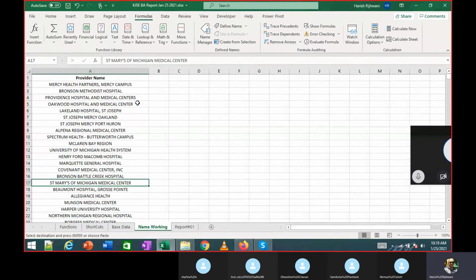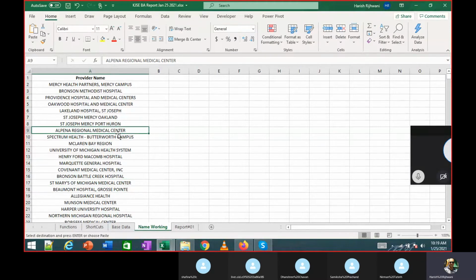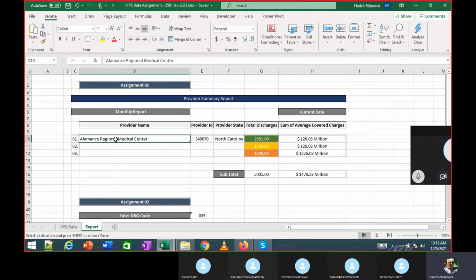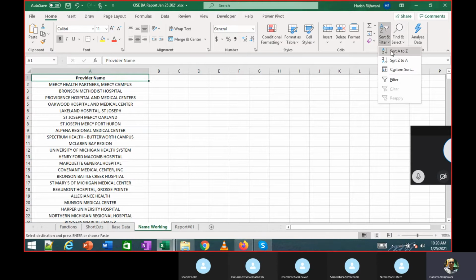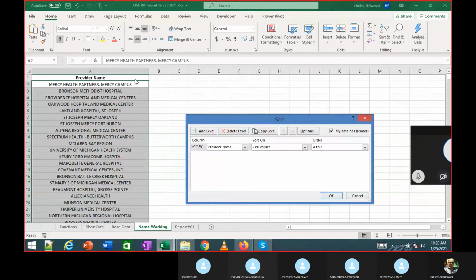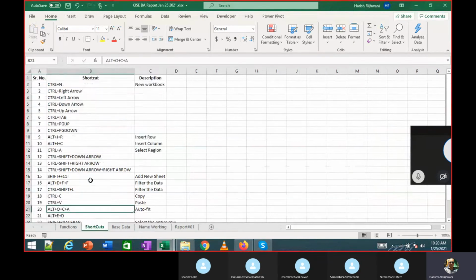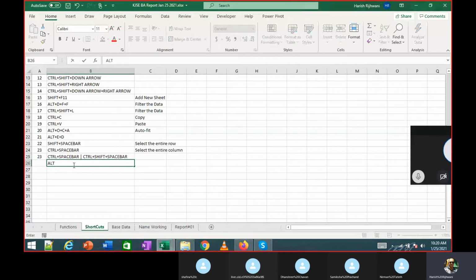Okay. Let's sort this data. Just for our purpose, we want to sort this data because if you see over here, it starts with A. It is not starting with any other alphabet. We'll have to sort this data. To sort the data, again there are multiple ways. You can click on sort A to Z in this down arrow, or you do Alt DS. Alt DS is the shortcut for sorting the data to get that pop-up of sort. Alt plus D plus S.